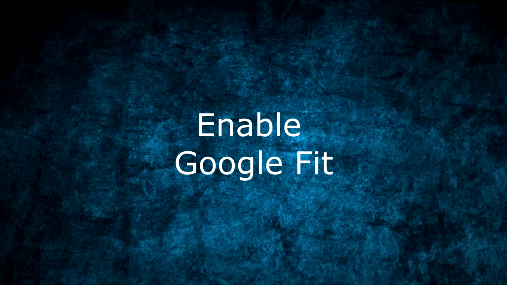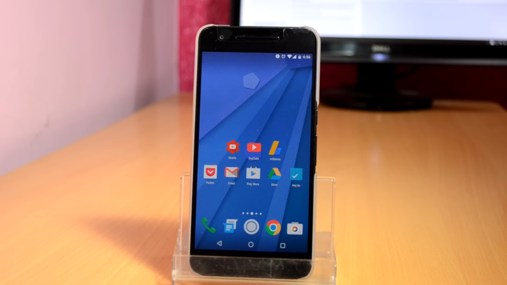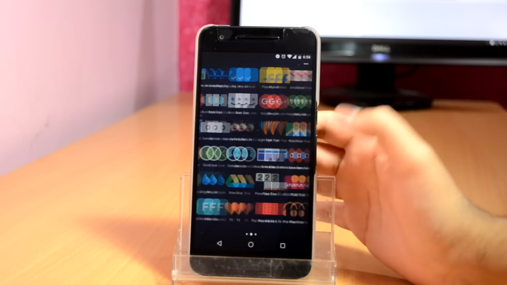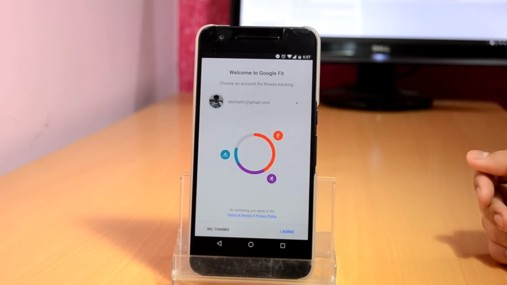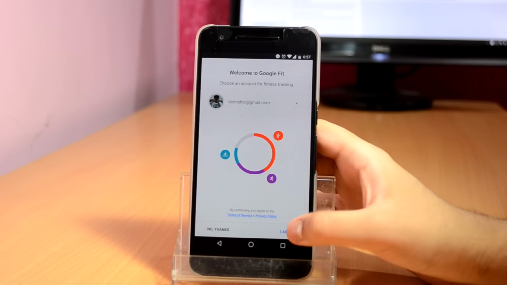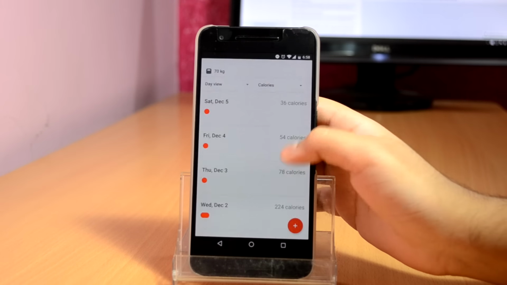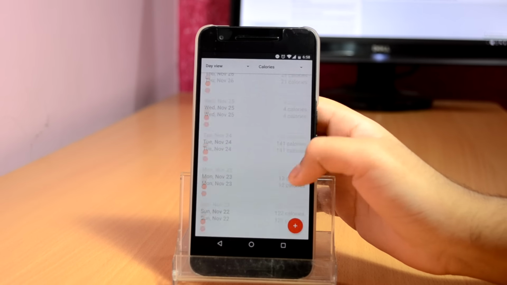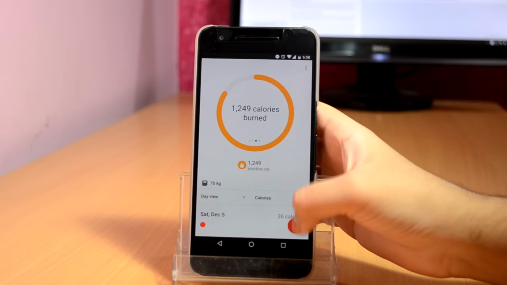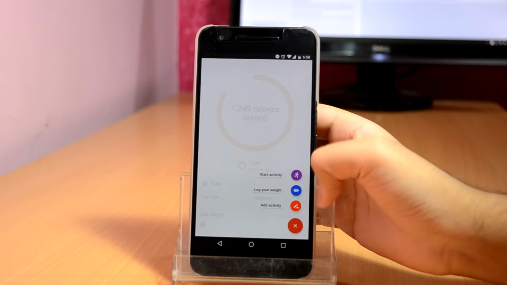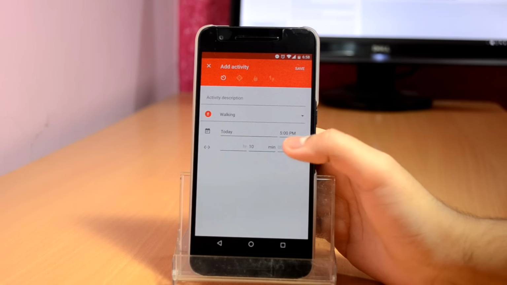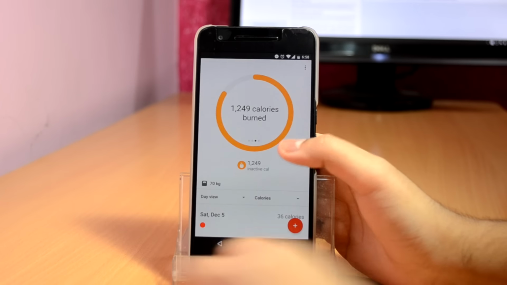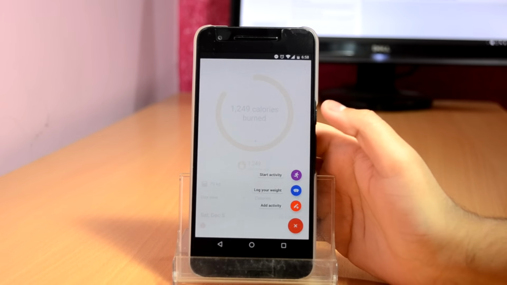Seventh, enable Google Fit. Google Fit is pretty great for tracking general physical activity throughout the day. It comes pre-installed on most Android devices and syncs your data to your Google account. The only thing you need to do is open the app and enable it. Open the Google Fit app, sign in with your Google account, fill out your height, weight, gender, and set a personal fitness goal. Because the app runs in the background, you won't have to worry about opening it every day or messing around with it too much. Just make sure you have the phone while you're out or during your run. After that, you'll receive the occasional notification when you are getting close to or have reached your daily step activity goal. And yeah, that was pretty much it for this video.